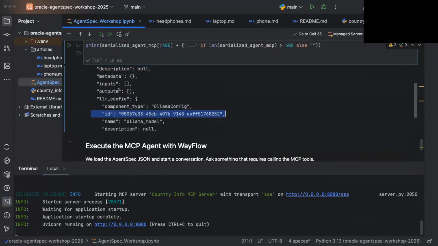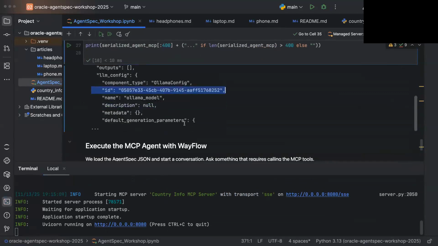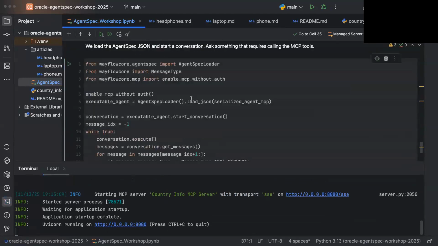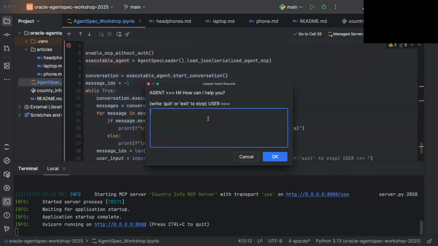I showed it for a flow, but it's the same thing for an agent: every component, agent included, can be exported to this JSON configuration, which you see here. Also, in the previous cells, I was using a load component, but there is also the method load JSON from any runtime adapter. They can load a component directly from the Agent Spec SDK, but they can also load what was exported as a JSON. And here, this is the same conversation loop. And when this one is executed,